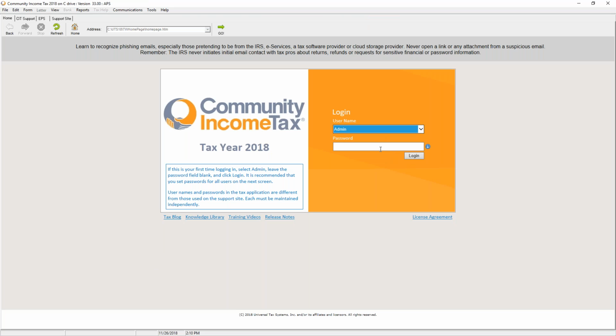Come in here and log in. There's not a password already set up. So when you hit login, it's going to want you to create a password for the admin. It'll also allow you to create a password for any of the rest of them. So once you're logged in,